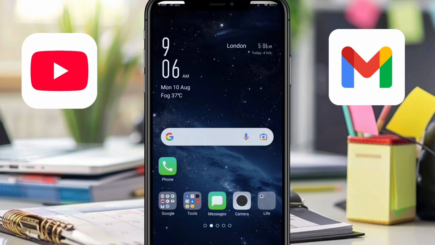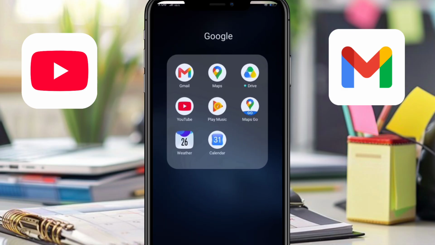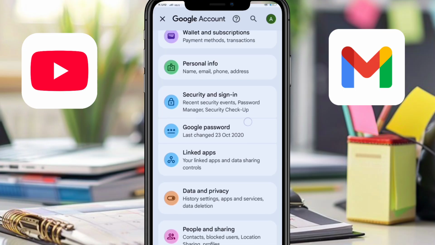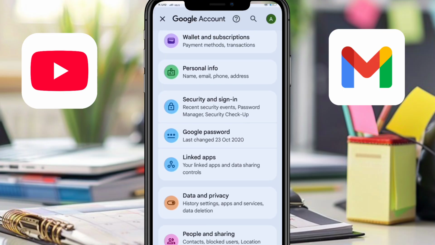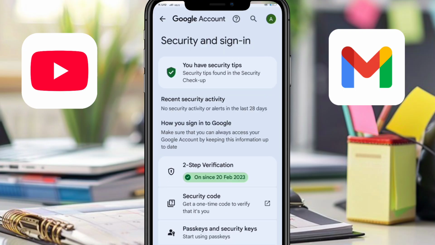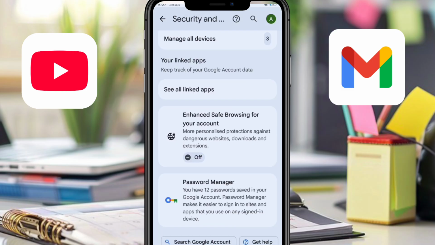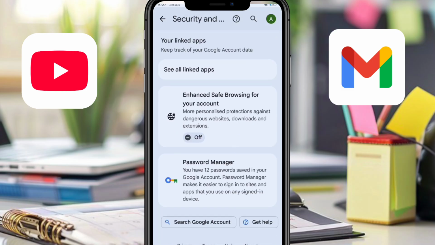In this video, I am going to show you how to protect your Google account against dangerous websites and malicious apps. Some harmful things are attached with our Google account. First of all, we have to protect our Google account from these dangerous websites. We have to turn on safe browsing to protect our Google account. It's very quick and easy.